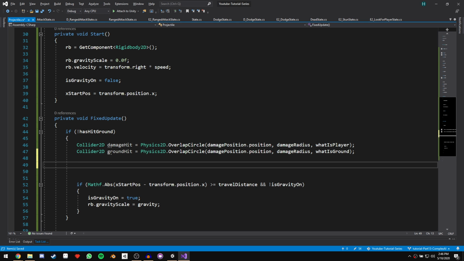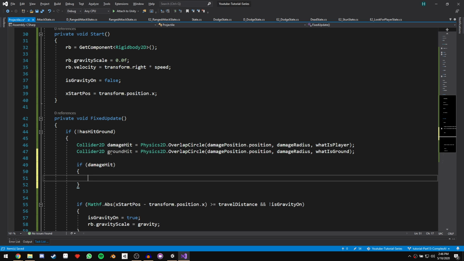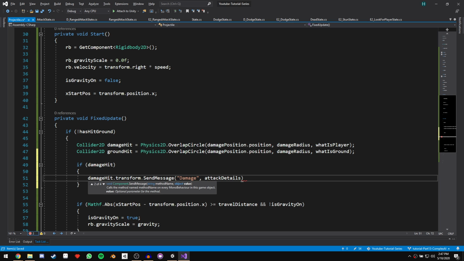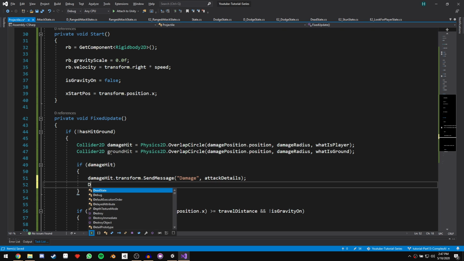Now after this, we can say if damageHit, so we have detected something, in this case our player, then we want to say damageHit.transform.SendMessage. So it says take the object that we hit and send it a message, and the message we want to send is Damage, and the parameters we want to pass is our attackDetails, like that. Then after we hit the enemy, we want to destroy the arrow. So we'll say Destroy